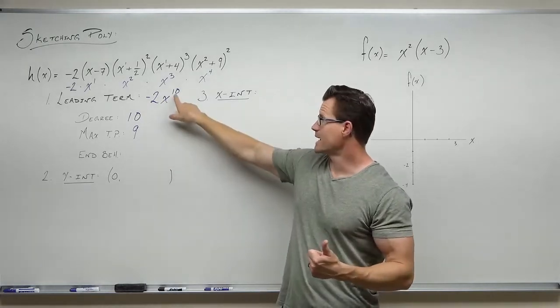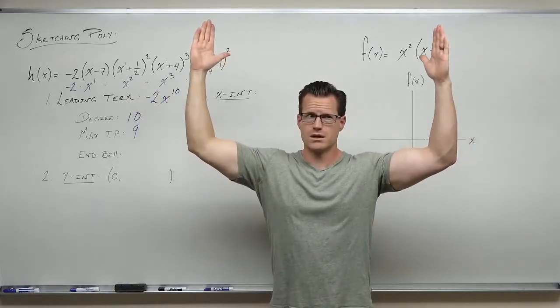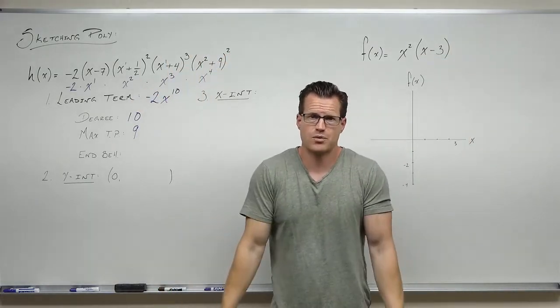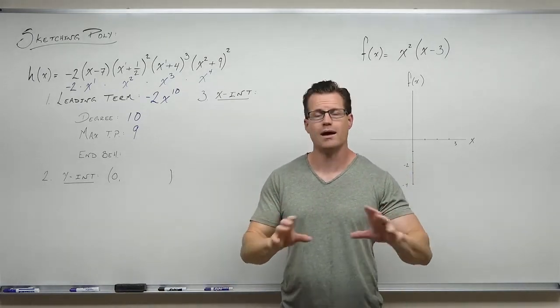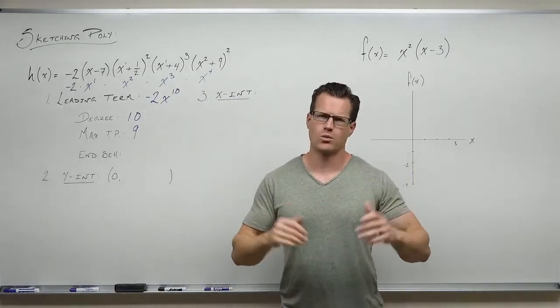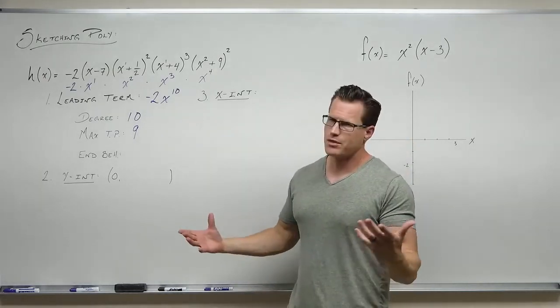This says the 10 is an even power function. That's like this. But the -2 says, yes, but that would be reflected and probably a little narrower because that coefficient in absolute value is greater than 1. And that's what determines the narrowness or wideness of your graph, that vertical stretch or vertical compression. So again, we think about it, we go, all right,